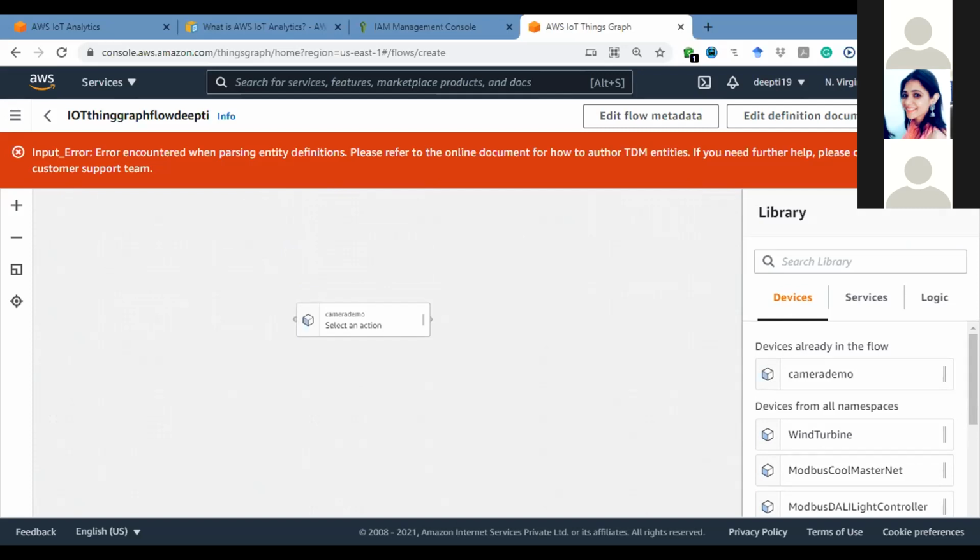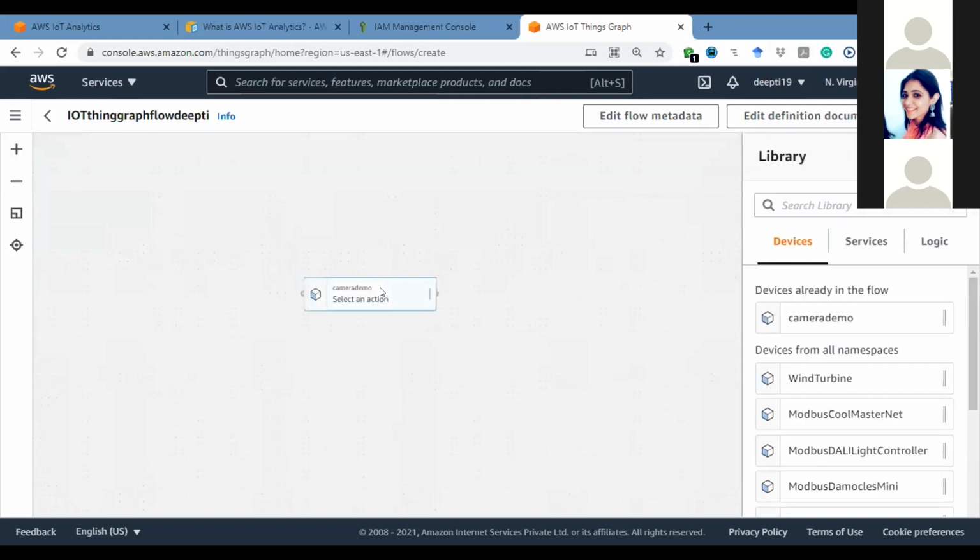Okay, 1 minute, let me check. Just 1 minute, I am checking on my system. Okay, can you just try to make from this document? Ma'am, can you just open the screen? Just the IoT document, the document part.